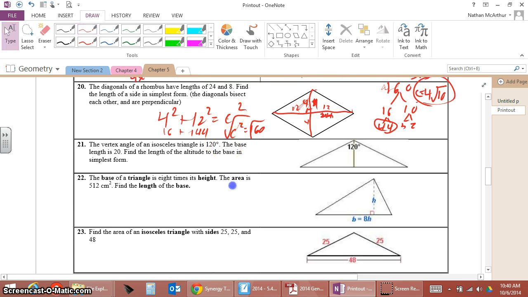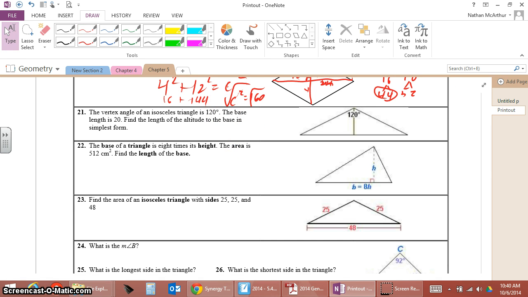Okay, moving on. The vertex of an isosceles triangle is 120 degrees. Ooh, this part's 60. This part's 60. Okay. And now I know I angle bisect, and I get 90 degrees here and here. That makes this one going to be 30. The base length is 20. Well, that means each piece is 10. So now I've got to solve for the height here. Well, in a 30, 60, 90, this should be x. This should be 2x. And this should be x root